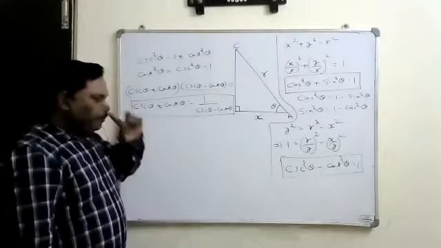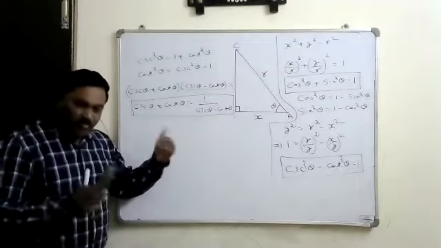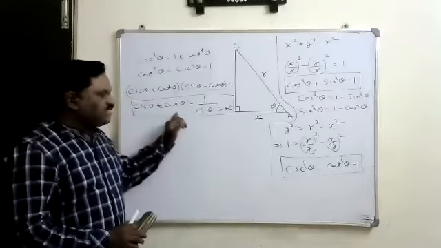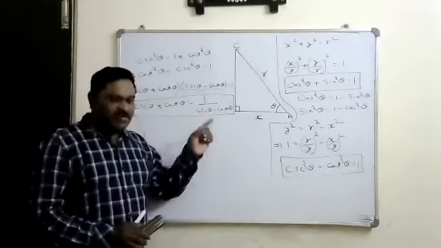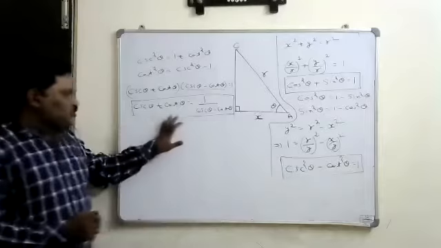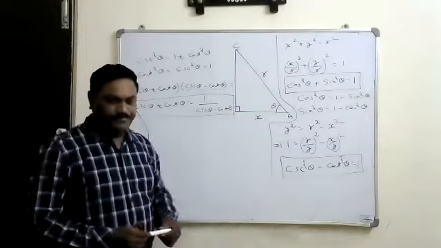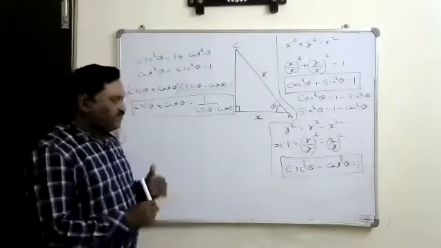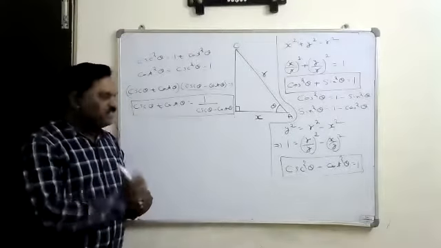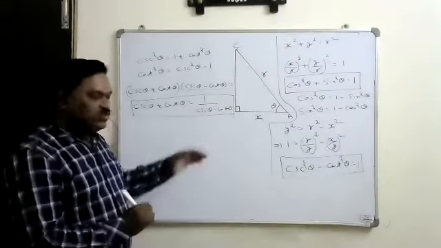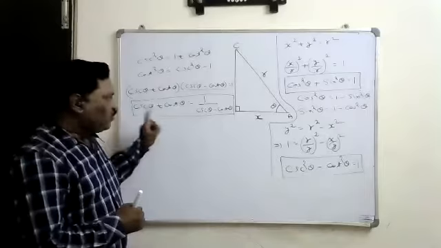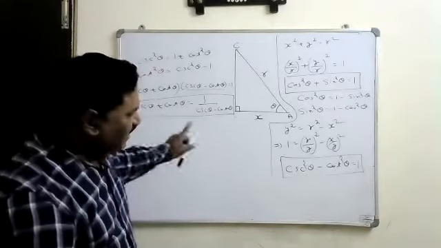Okay. Meaning, in the problem, out of these two, if they have given any one value, then we can consider the other value automatically. Suppose cosecant theta plus cot theta is 2, what about cosecant theta minus cot theta? If cosecant theta plus cot theta is 2, then cosecant theta minus cot theta becomes 1 by 2, half. These two values are reciprocal to each other. So in the examination, out of these two, they will give any one term, then automatically we can take the other term. Okay. So this is also an important concept that we have to remember. So this is the second identity.